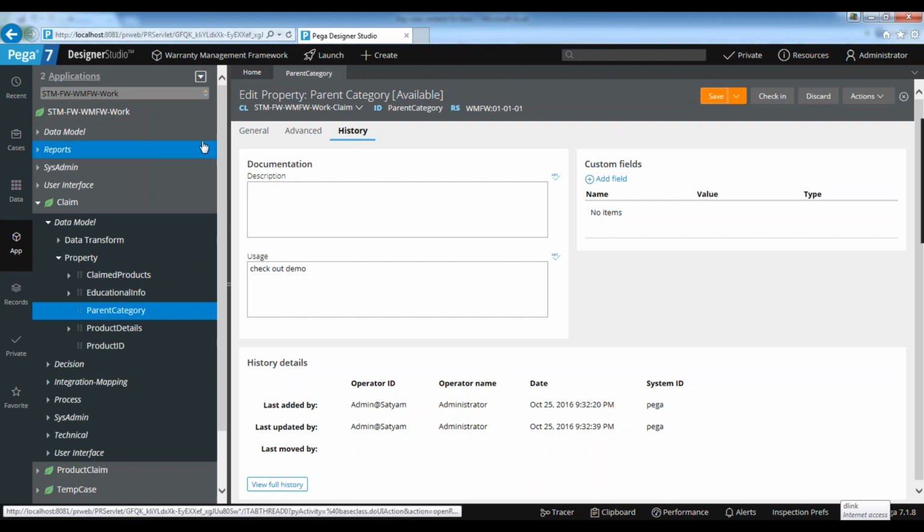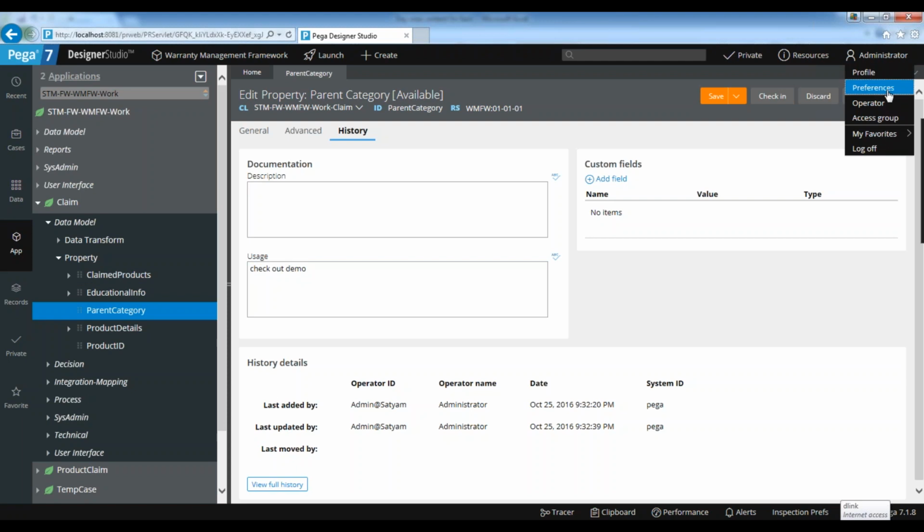So what is the personal rule set? Personal rule set is where all the developer rules are stored whenever you check out. Until you check in, all the rules will be there in the personal rule set. You cannot see it physically, but the system internally maintains it. If you want to confirm that, you can go to the profile.